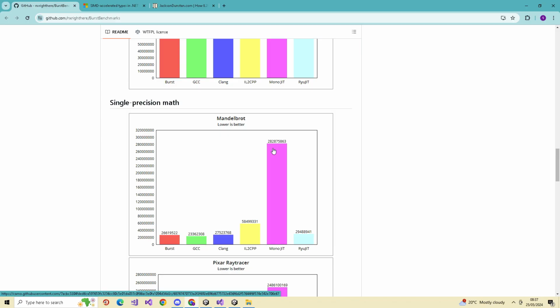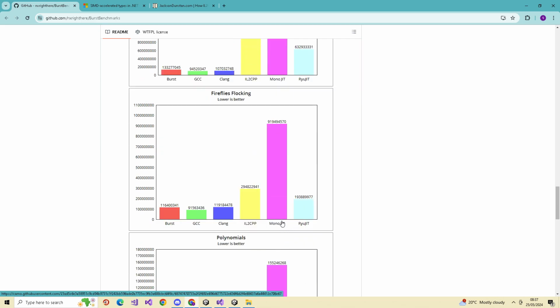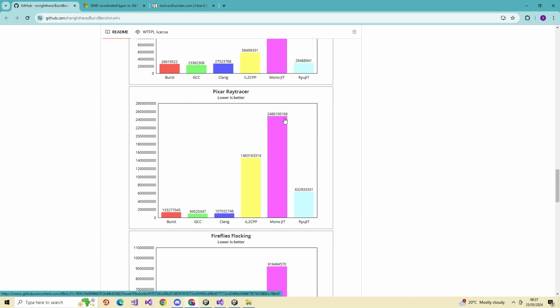I don't know. This kind of stuff, though, this is what I'm seeing with the difference between C# Mono, because the difficulty is the test I've rigged up at the moment is not threaded. So this should be like tasks versus Burst, which would make a lot more sense, which I don't have. I won't go back. It's about 10 times for that, but that's not what this is showing. This is showing just a massive difference.